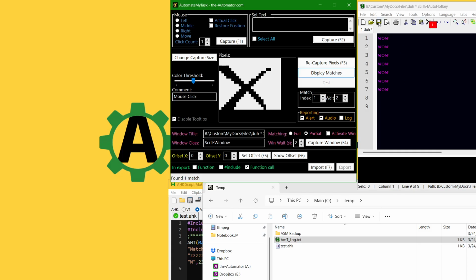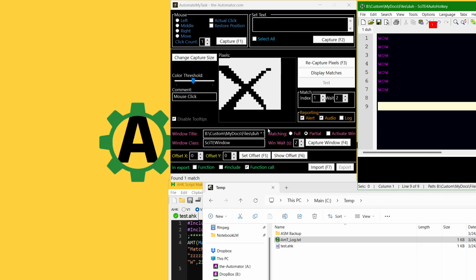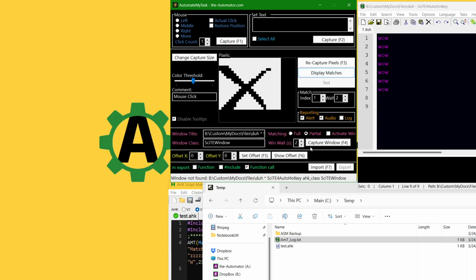But if I save this, now it's no longer going to match. This title here isn't going to match. So if I say display matches, it's not going to find it because it's looking for that window title. So what I might want to do is delete this here, leave that since I know that's in there, and say I'm going to do a partial match. Now, if I display matches,